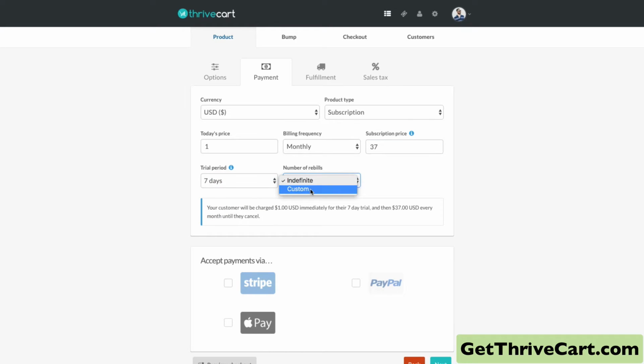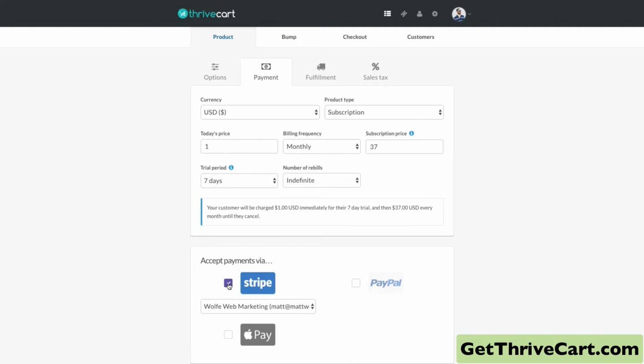And then it will rebill indefinitely, or you can say, okay, I only want them to pay for a year, and then the cost is covered. But I'm going to go ahead and leave it on indefinite. So the way this is set up right now, $1 trial for 7 days, then it rebills at $37 per month indefinitely. Payment methods, I want to be able to accept Stripe so they can use their credit card directly